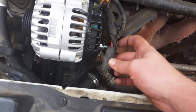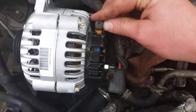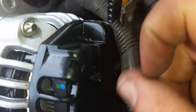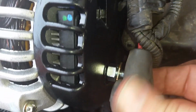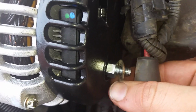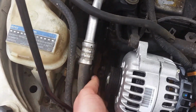Next, we can see we've got this alternator sitting right on top. That's great. We got these two little connectors. We got one right here. You're just going to reach in, focus camera, and pull this little tab up, pull your connector out, and then this little rubber piece will be covering this. You're going to pull the rubber piece off, and then you got a 13mm nut, and then we're going to take that off. So that's your two connectors, and then we're going to have a belt sitting right on top